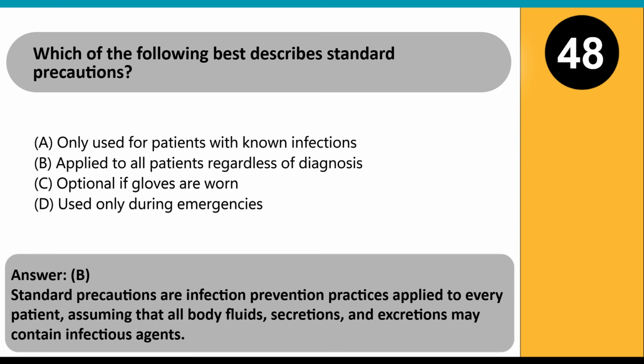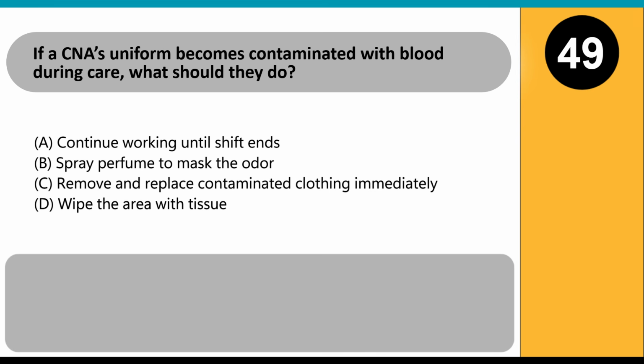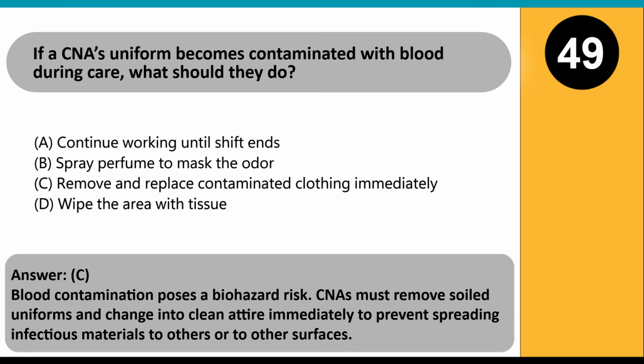may contain infectious agents. If a CNA's uniform becomes contaminated with blood during care, what should they do? A. Continue working until shift ends. B. Spray perfume to mask the odor. C. Remove and replace contaminated clothing immediately. D. Wipe the area with tissue. Answer: C. Blood contamination poses a biohazard risk. CNAs must remove soiled uniforms and change into clean attire immediately to prevent spreading infectious materials to others or to